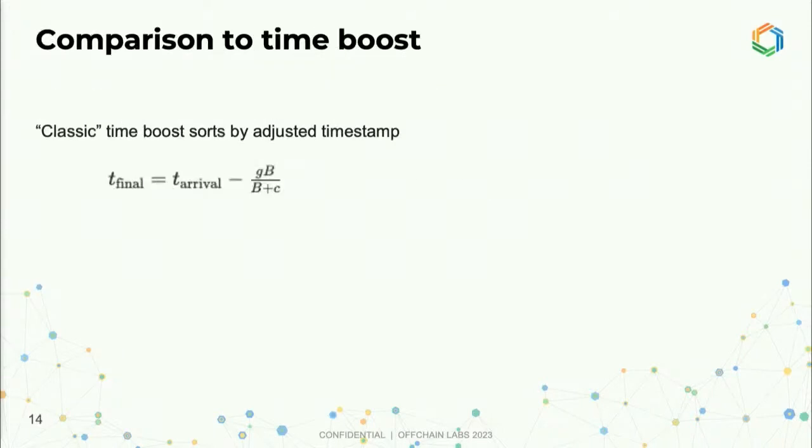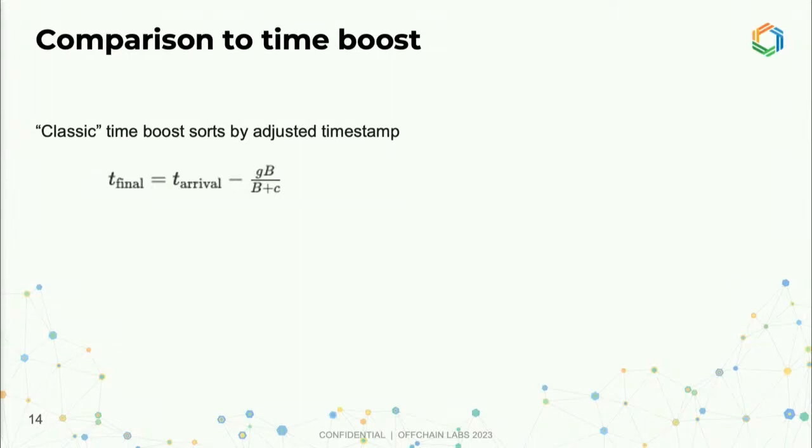Okay, now let's compare this. I'd like to take a minute and compare this to a policy that we've written about before. We had a paper at FC about this called time boost, which I'll call now classic time boost. So the idea here is that you have a centralized sequencer, just to make it simple, that is timestamping incoming transactions. And time boost essentially logically adjusts the timestamp of an incoming transaction according to the formula here,